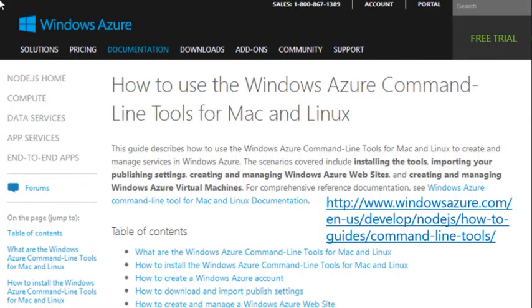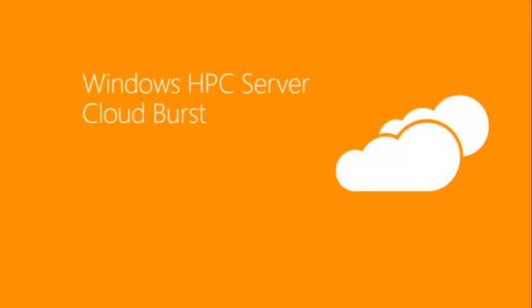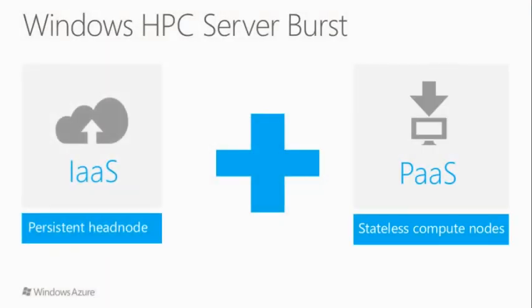So here are some other links to how to use Windows Azure command line tools. There are command line tools that allow you to copy files, deploy VMs, look at your subscription, and automate a lot of the creation processes. This is where you want to go. So go to windowsazure.com and search for CLI tool. The CLI tool is written in Node.js, and it's usable on all platforms.